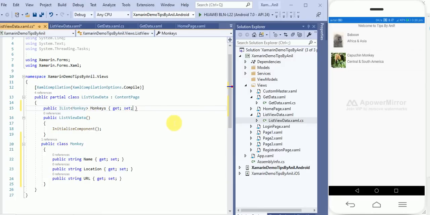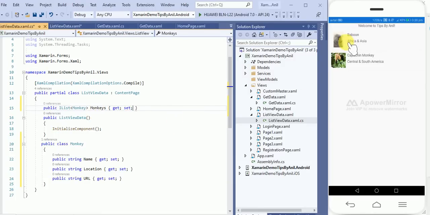As per the example on the screen, we have to take three things. First is the name, then the location, which is Africa and Asia, and this is the URL of the image. So we are taking three properties in the class.